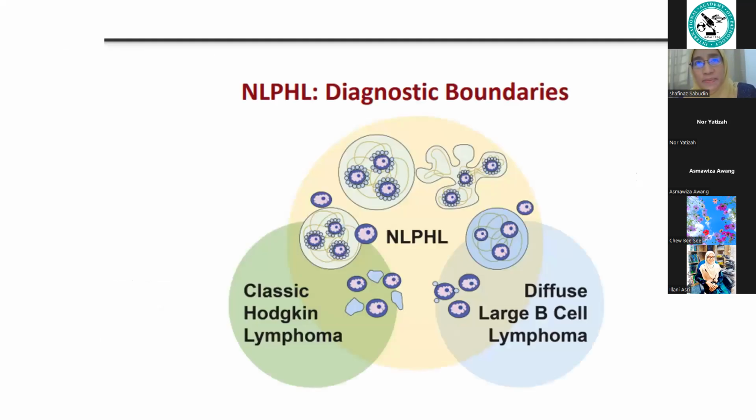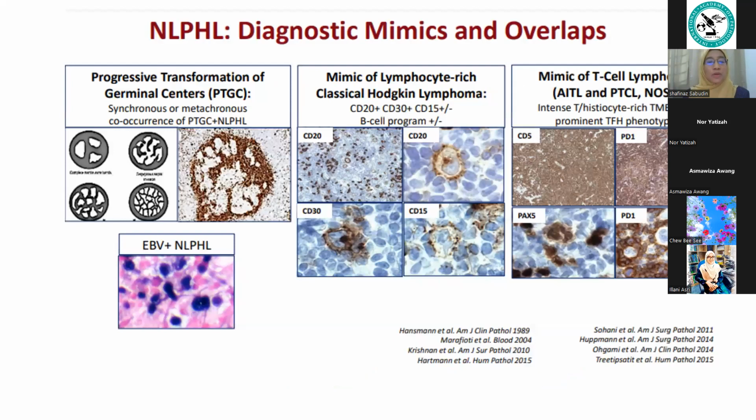So these are the diagnostic boundaries that we have found from all the genetic studies that have been carried out. There are overlapping features of nodular lymphocyte predominant Hodgkin lymphoma, diffuse large B-cell lymphoma, and classical Hodgkin lymphoma. We need to appreciate these overlapping features. Apart from those, there are also other diagnostic mimics and overlaps that we need to know,